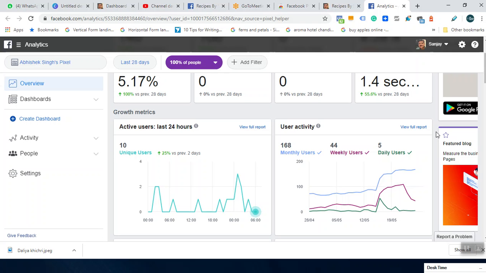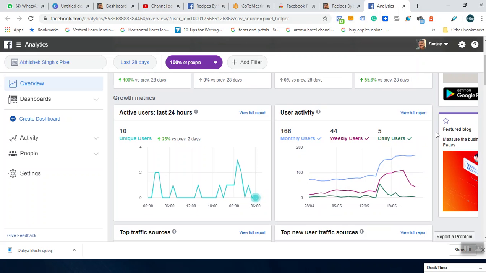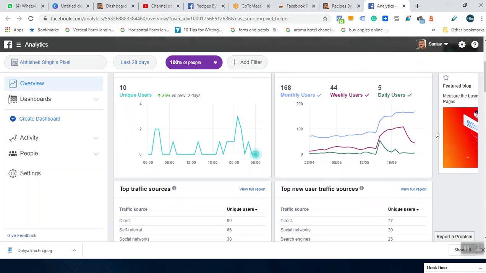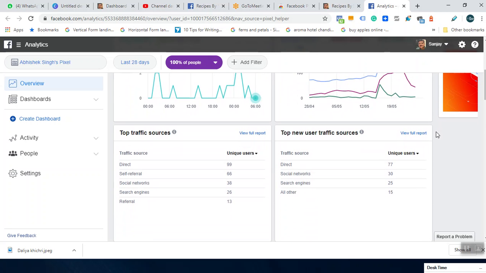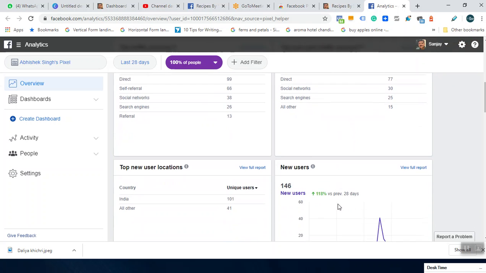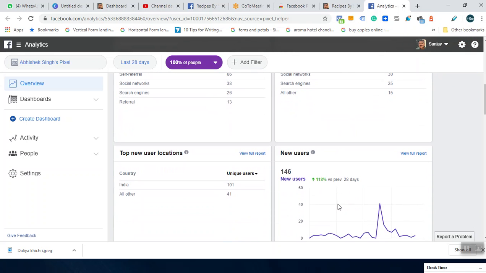Active users last 24 hours, user activity, weekly users, daily users, monthly users, then top traffic sources: direct, self referral, social networks, search engines, referral. All these are your top traffic sources. Top new user traffic sources: direct, social networking, search engines. So this analytics is in depth.